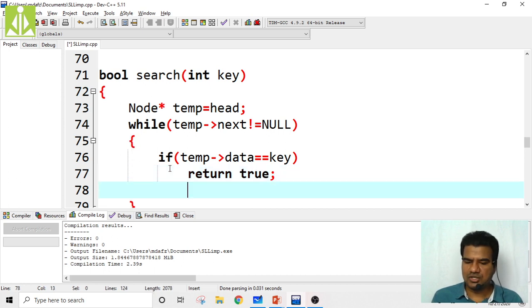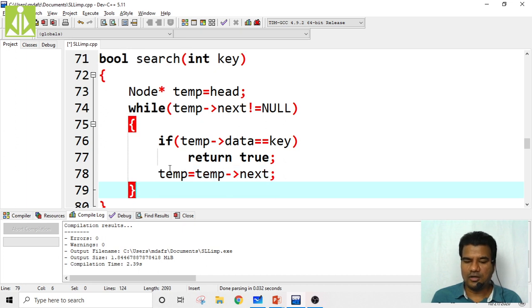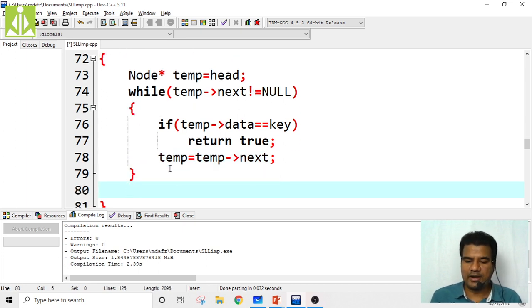If this is not the case, we change the temporary pointer location to the next location: temp equals temp of next. That's it. And if you exit from this entire loop and didn't find the key in your linked list, then return false.